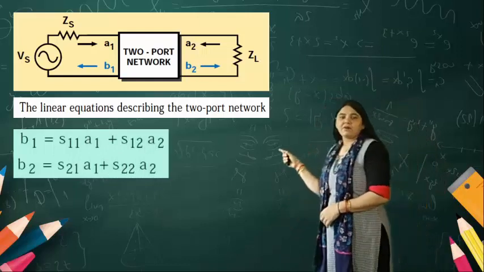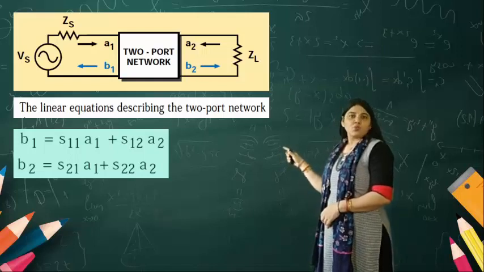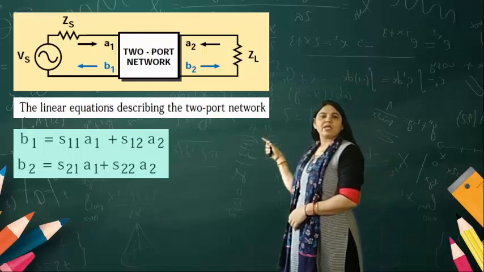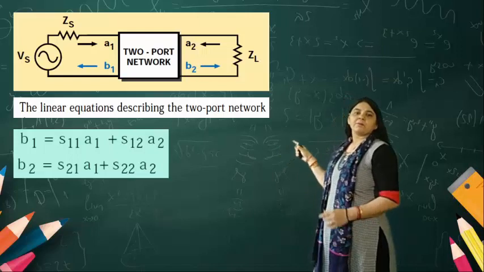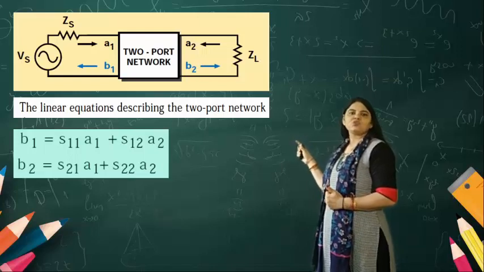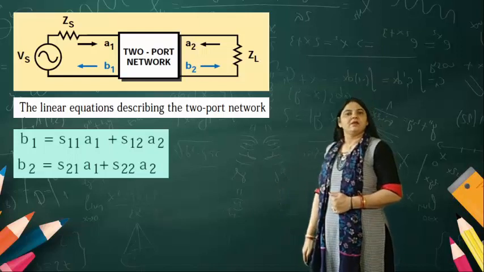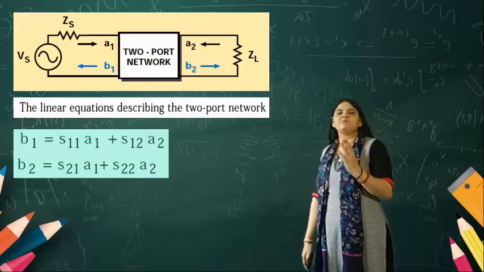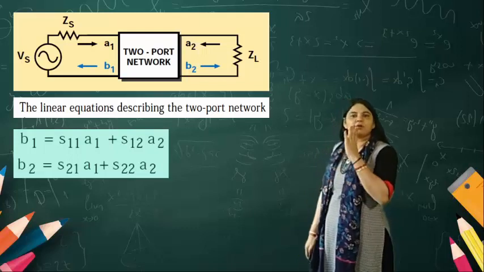B1, the reflected wave from port number 1, is equal to S11A1 plus S12A2, and B2, the reflected wave from port number 2, is equal to S21A1 plus S22A2. Fine. This way you can describe the equation, and we can get the idea of the behavior